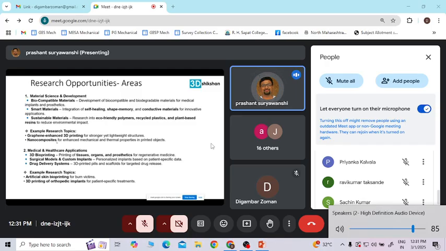Carbon fiber composites, CFRP patches and all, are tremendously used in racing cars to give strength. Graphene is like carbon, it is part of the carbon family. So how can you enhance the strength? You can see now more electric aircraft having a maximum of components 3D printed, or the 3D printed rocket which Agnikul has fired, and ISRO helped them. Even the 3D printed engine itself. All these things can be one project area itself.